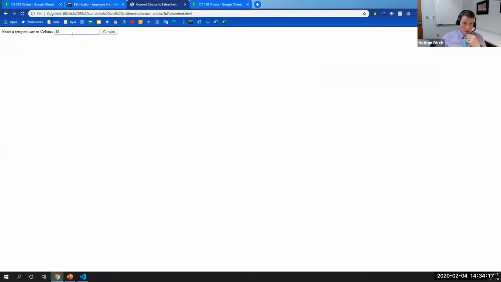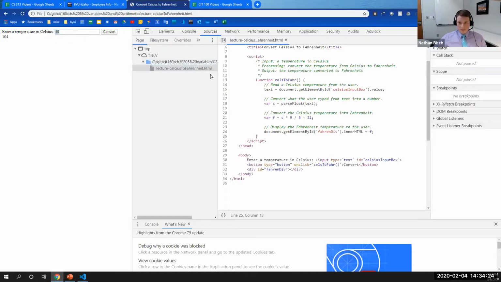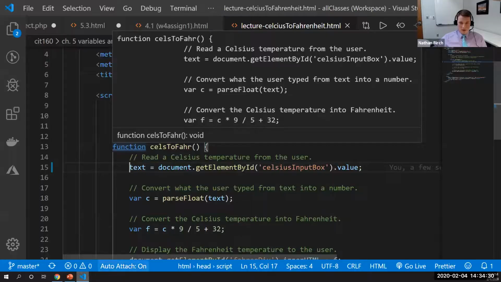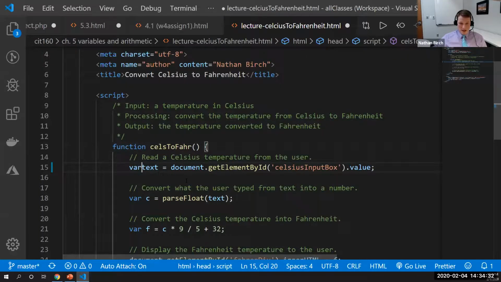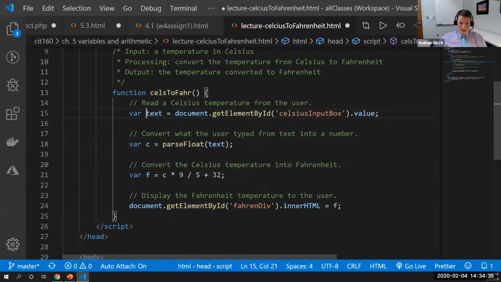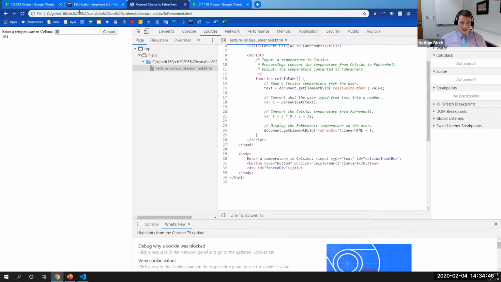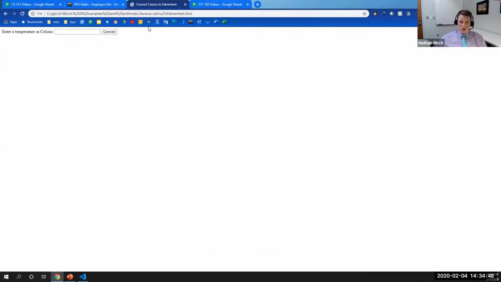Type in 40. I hit enter. It actually worked. Okay. If I hit F12, I think it recognized that because Google Chrome is just awesome. Browsers are getting better and better, which is really nice. But let's say in here, at any point, if I use a variable that isn't defined, let's just say I say like parse float text or something like that, and I try to run it,